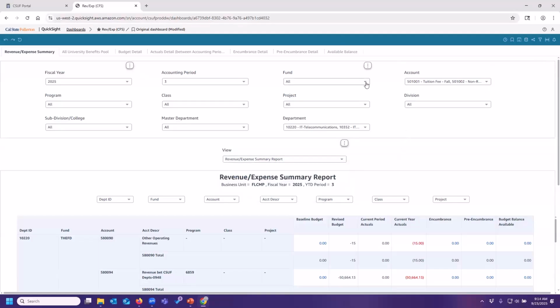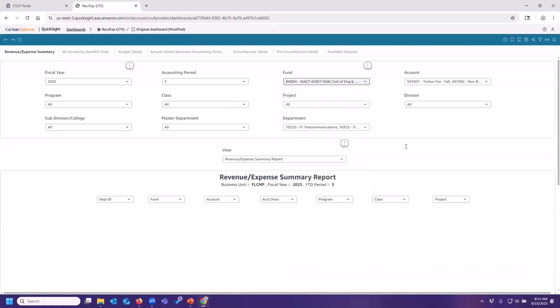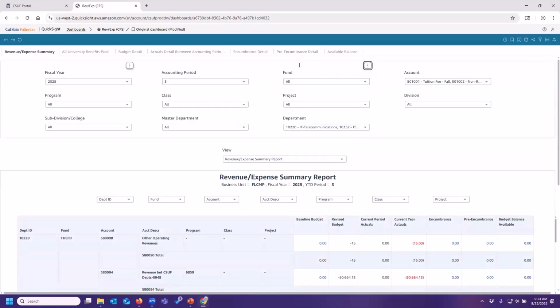Oh, I should also show you. So let's say that I've selected a few filters here and I'm not getting any results, or I accidentally made this selection here. If I click on this options and then reset, that resets just this filter. So it didn't touch any of my other filter settings, just this one. So I really like that because then if you make a mistake somewhere, you don't have to start all over again. You can kind of just reset these filters individually if you'd like to.